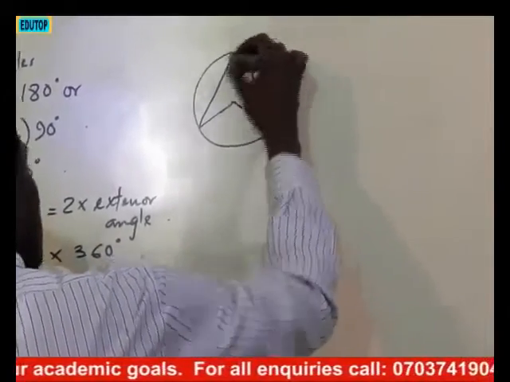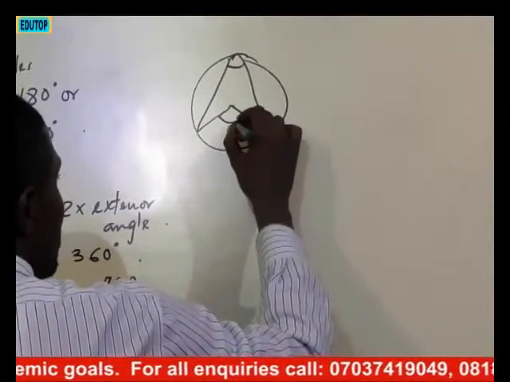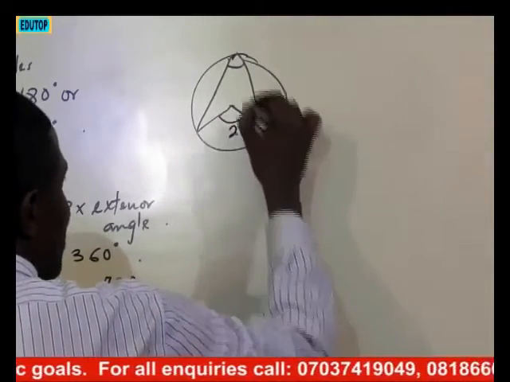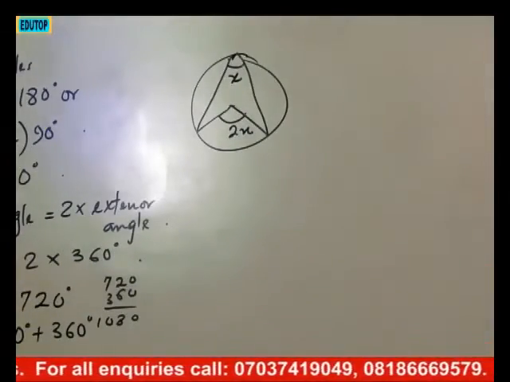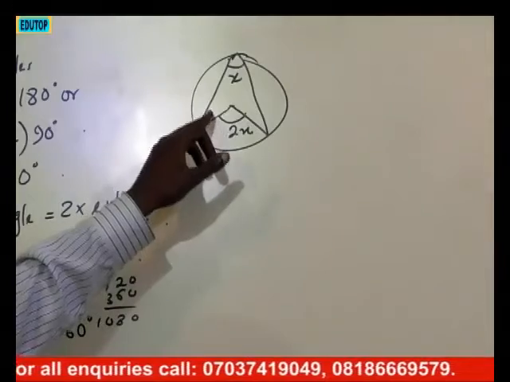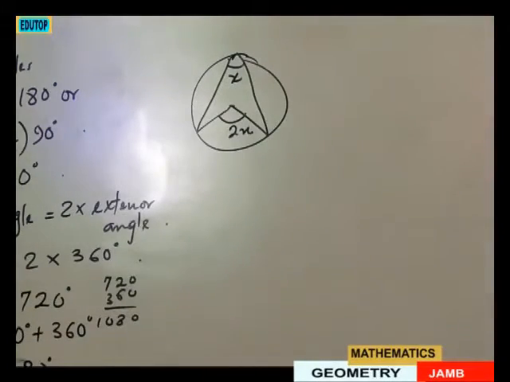this angle is subtended at the center. This angle is twice this. That means if this one is 2x, this one will definitely be what? X. That's what that theorem is saying. That the angle subtended at the center of the circle is twice that at any point on the remaining part of the circumference. So automatically, if this place is 130, this place should be half of this place. So what it means is that